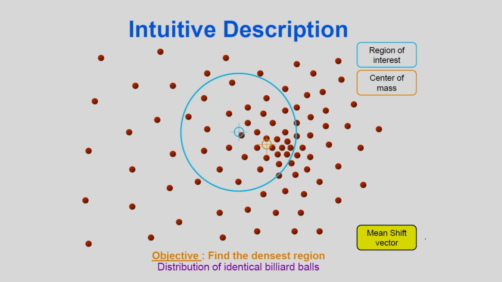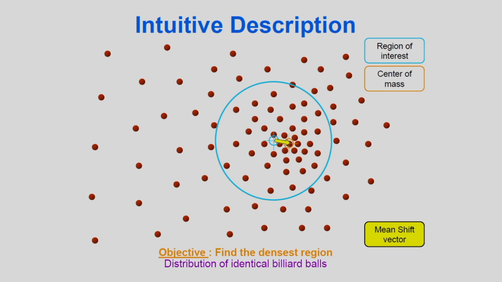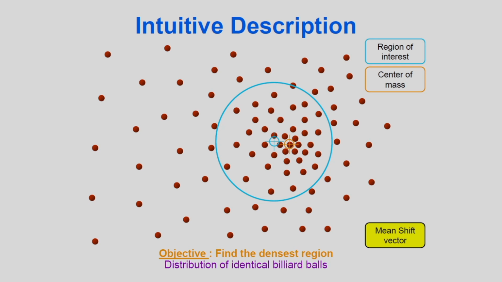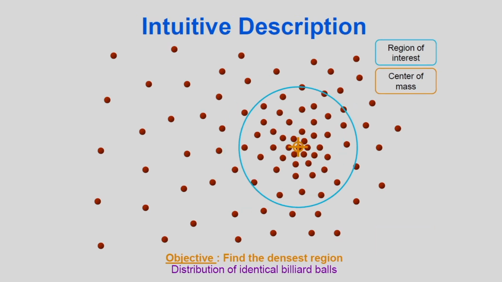So corresponding to this case also we can determine the mean shift vector, and again we have to shift the center of the mass. That is the mean shift vector we can determine, and you can see I am getting the new position of the center of the mass. And finally we have to do this process iteratively, and you can see this is the point of convergence. So I am getting the center of the mass, that is nothing but the center of the search window. So this is the pictorial representation of the mean shift algorithm.